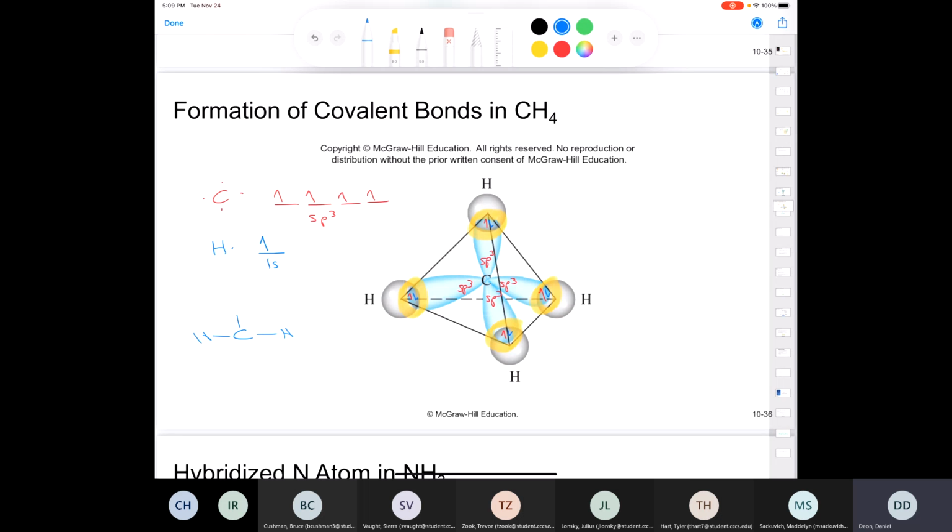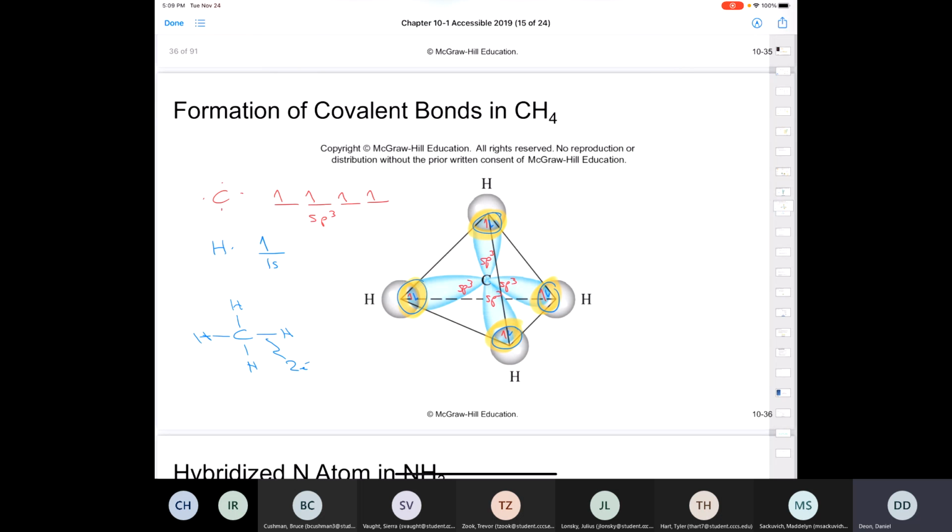whenever we see a line, whenever we see a dash here, that represents a bond, and each one of these bonds has 2 electrons in it. Here are the 2 electrons, right? Here are 2 electrons, here are 2 electrons, and here are 2 electrons. So this is just a way of representing the covalent bonds in methane and a way to explain molecular geometry. That's the whole point, or one of the major points of